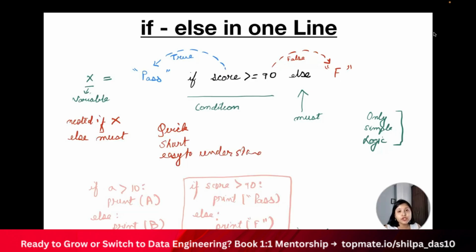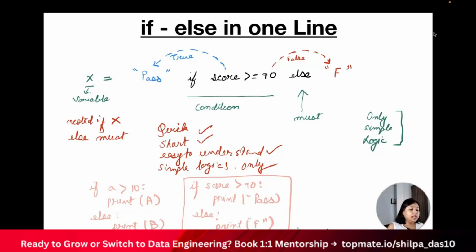So as I was giving you the example of the car, you have if, then you get picked up by your cab. If not, else you use your public transport, right? So these are the two functionalities. It's very quick and short to write and also easy to understand, but it needs to be used for simple logic only, okay? Only simple logic. Don't use it for anything which is not simple logic, right?